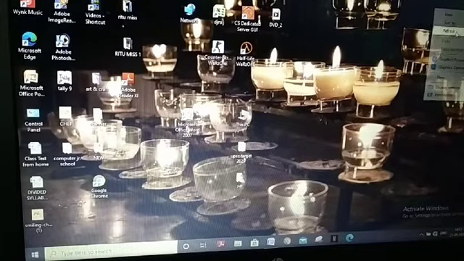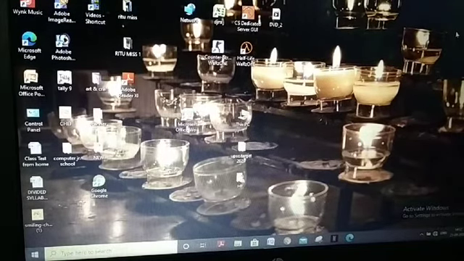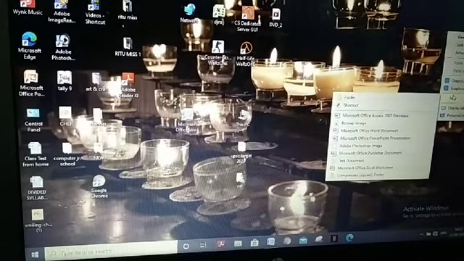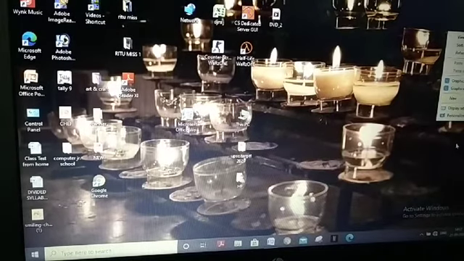We should refresh our computer from time to time. Then new, personalize. The New button we use for creating a new folder or new shortcuts.